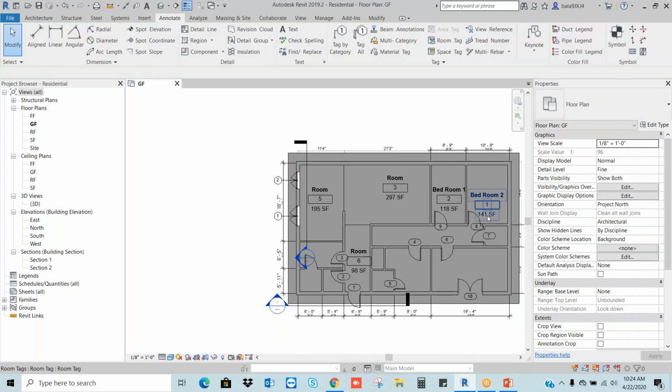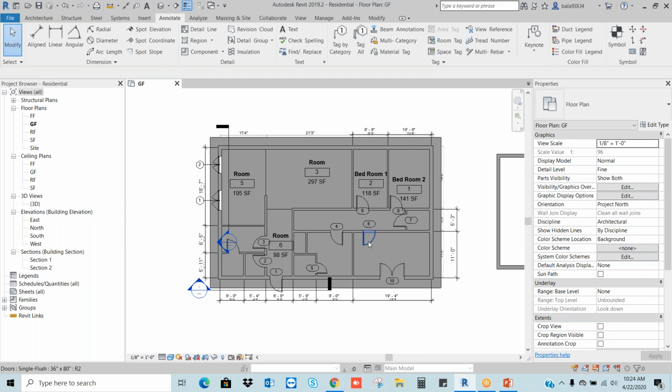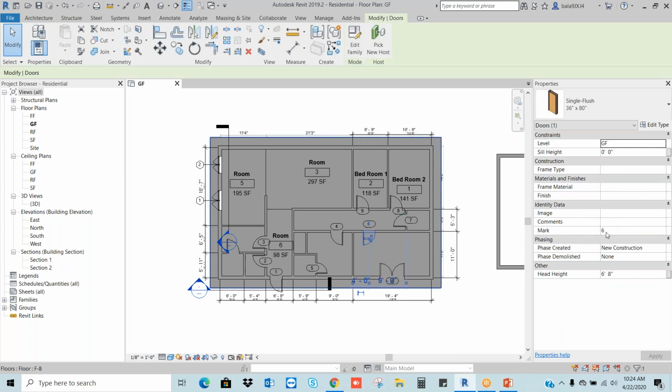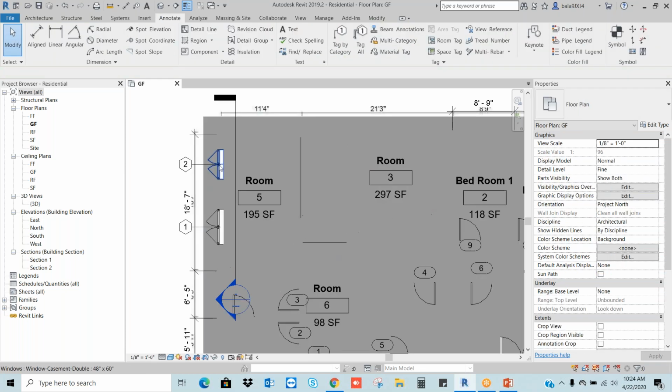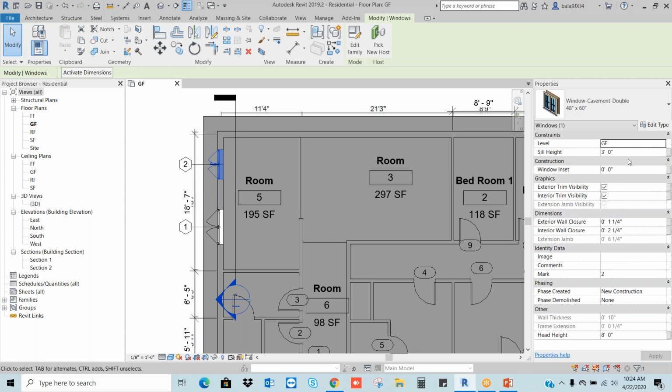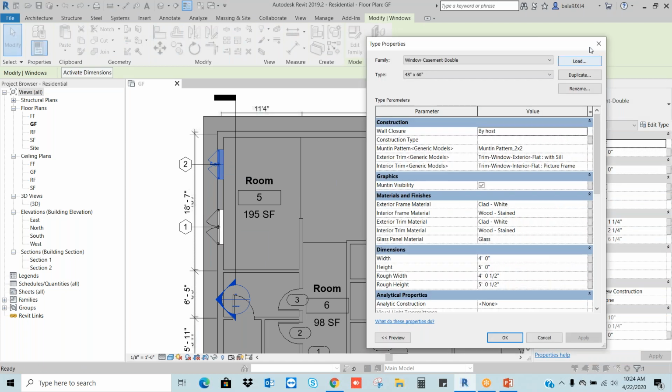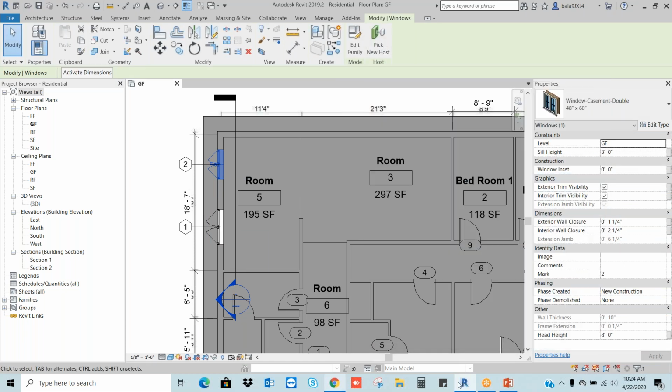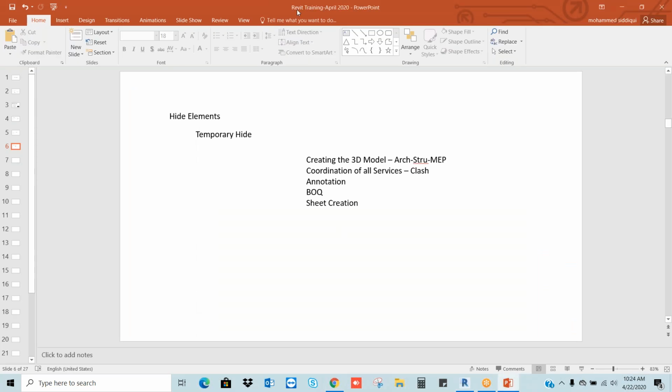Fine. But here we need to discuss what is the Mark and what is the Type Mark. This is very important to understand in Revit. What is the difference between Mark and Type Mark?